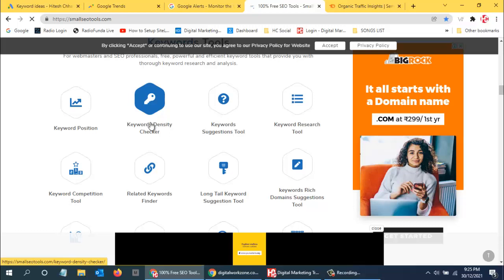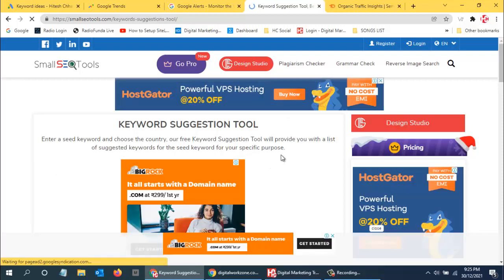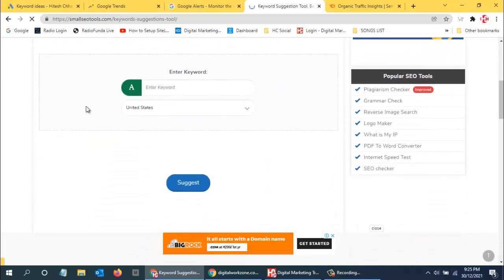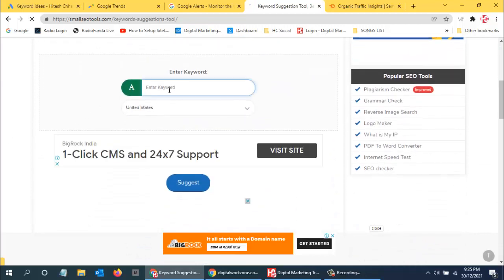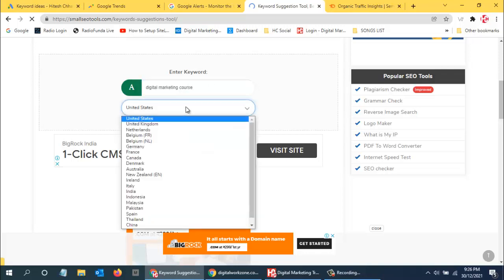Then keyword suggestion tool, so it might provide us with some suggestions. Let us see. Enter keyword. Country India.